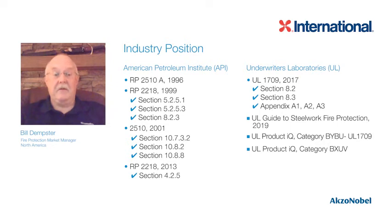API 2218 further goes on to say that a W10 by 49 structural steel column is a de facto standard for structural steel, and that any steel sections with greater or similar mass per unit or W/D ratio can use that same thickness and be covered for the same hourly rating. However,